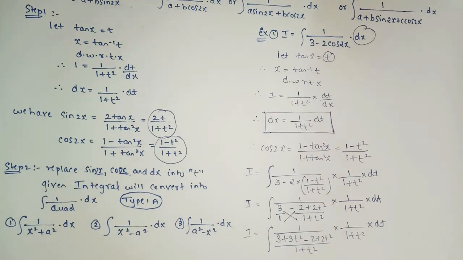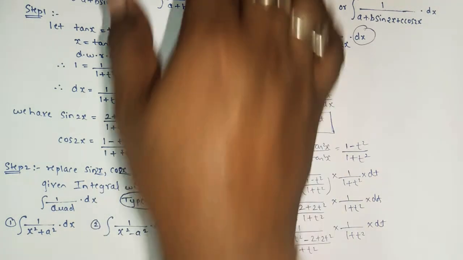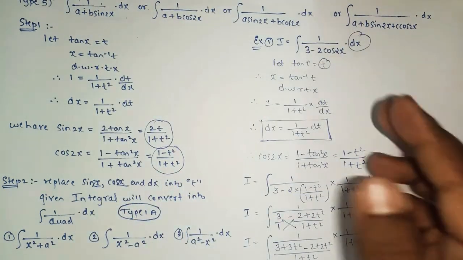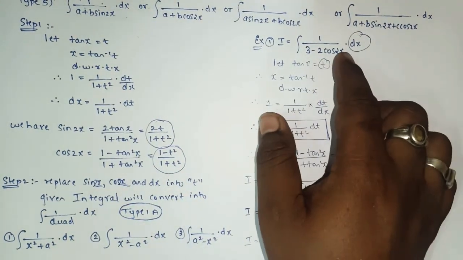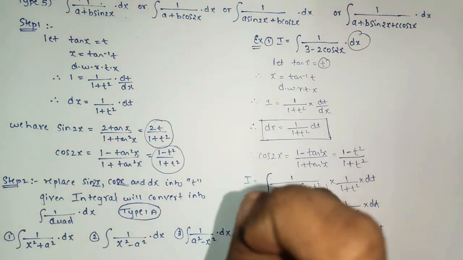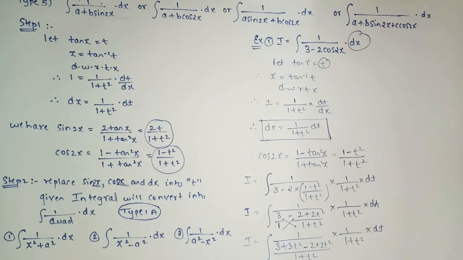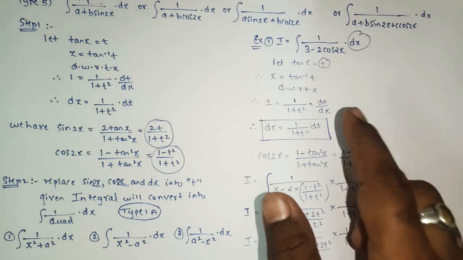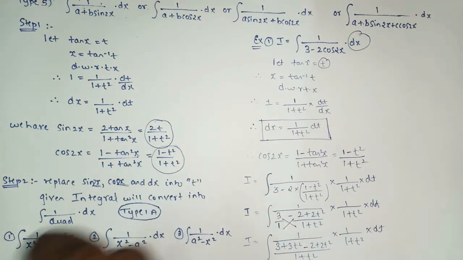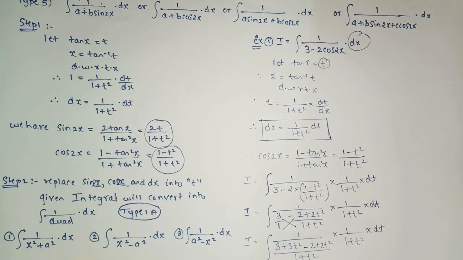So here we'll take one more example where we'll see sin and cos together. I hope you can solve the sum by yourself whenever cos 2x is replaced by sin 2x. So try the sum; if it is there in the exercise, when cos 2x is replaced by sin 2x, try the sum by yourself. So here I will take one more example where sin 2x and cos 2x are together. Okay, and two examples are enough to understand type number 5, I guess. So let's take one more example based on type number 5.